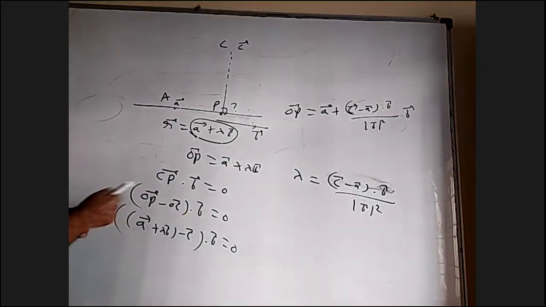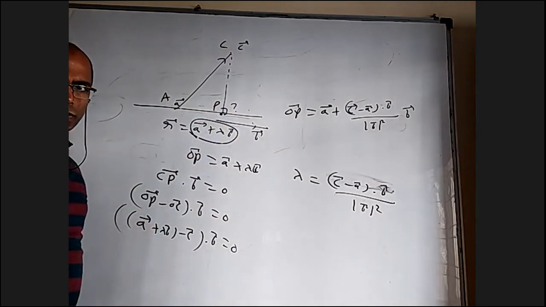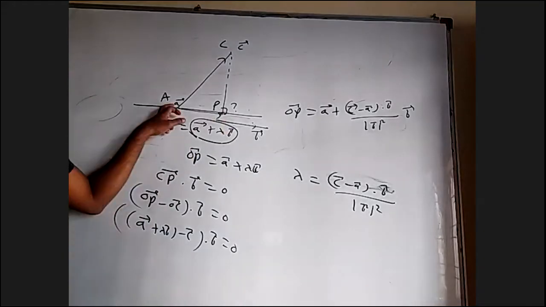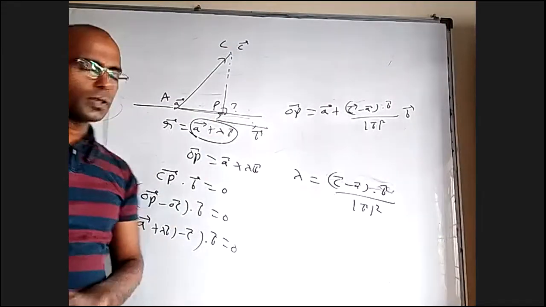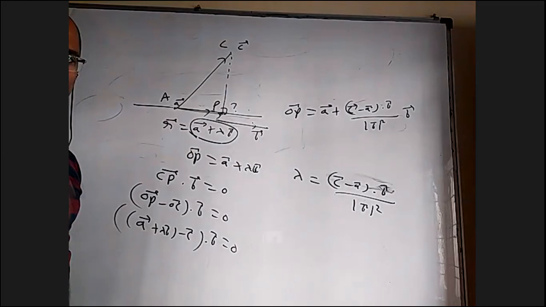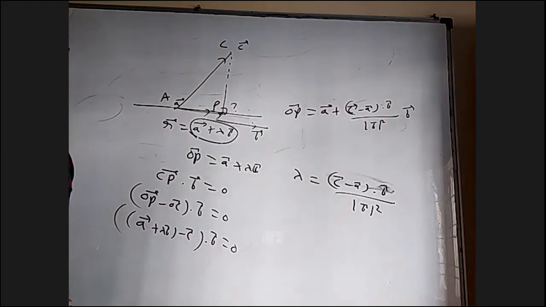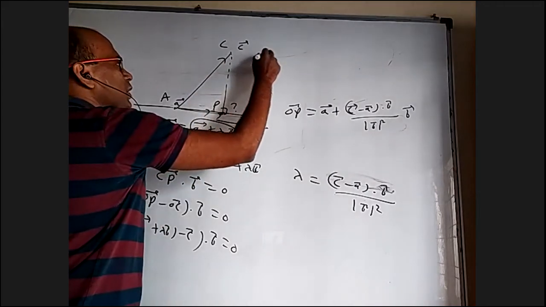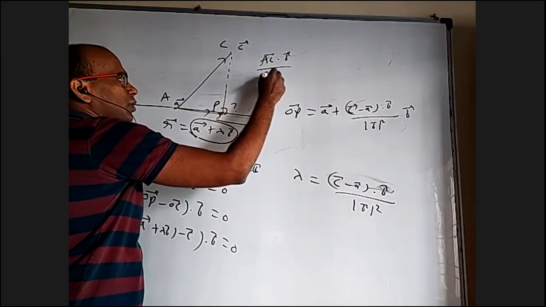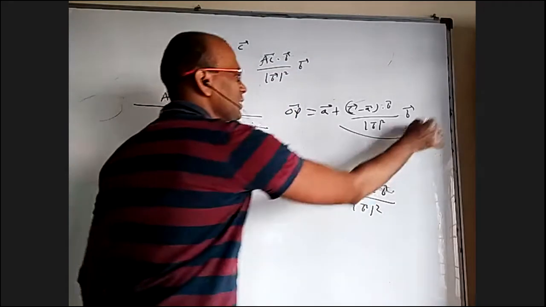What is this vector? AC bar. And what is this vector? Projection of AC on B bar. What is the formula for this projection of AC on B bar? Component in vector form? C bar minus A bar dot B bar, that is AC bar dot B bar by mod B bar whole square into B bar. That is exactly this, same. Is it not?